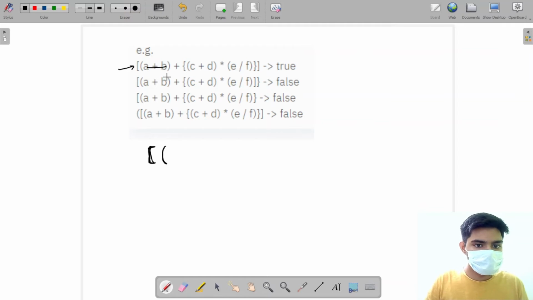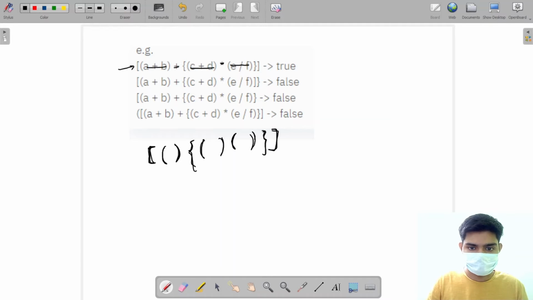So we have a closing bracket, then I'm going to have a plus, then I have a curly braces, my bad, and then I have parentheses, c plus t, ignore this, then I have an expression, let's ignore that as well, then I have parentheses, and then I have curly braces, and then I have square brackets.